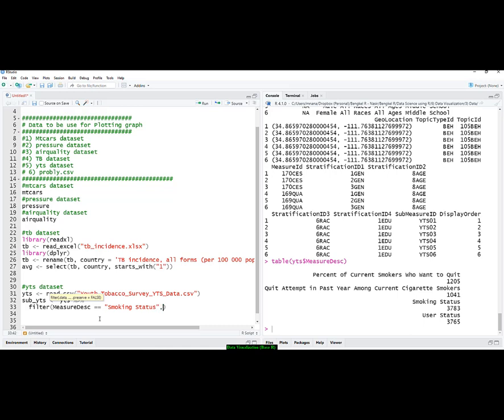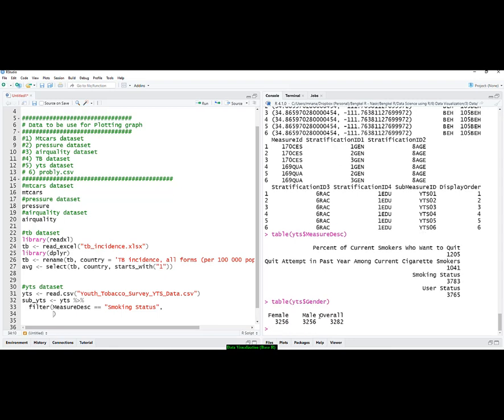And then I want gender should be overall. Let's look at gender. How many categories do we have? We have 3 categories in gender: female, male, and overall. So I want to select gender equal to overall,